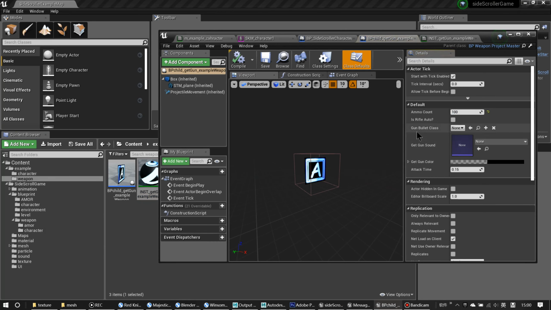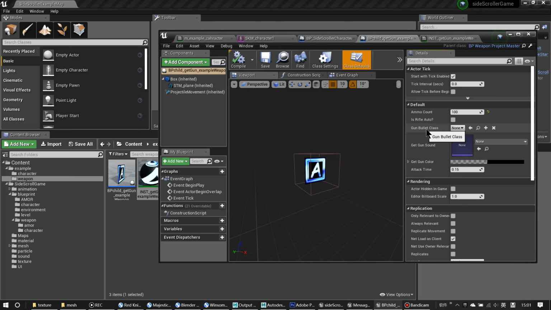Next, the gun blood class. This is a class reference for this weapon. When players shoot this gun, the blood will spawn in front of the player's gun, and the blood will fly and shoot the enemy. Sorry for my poor English. This is a class reference for the projectile which shoots